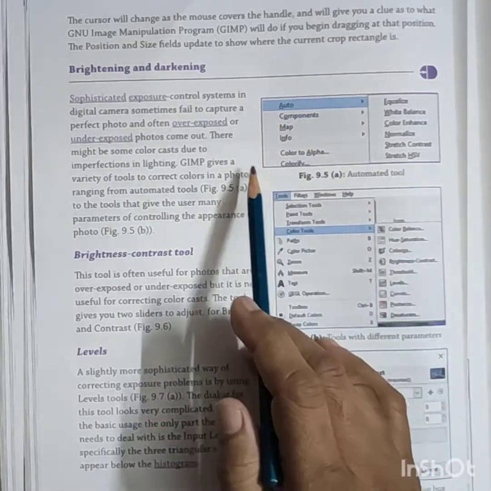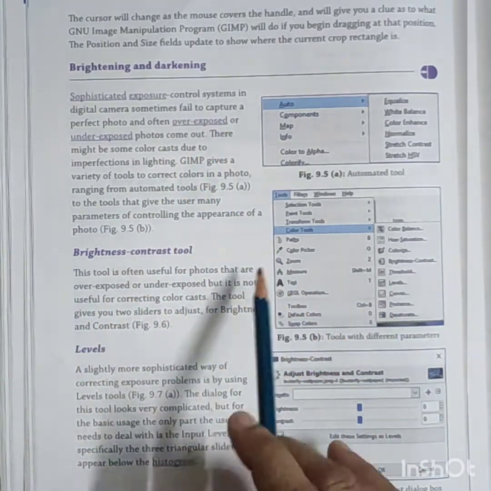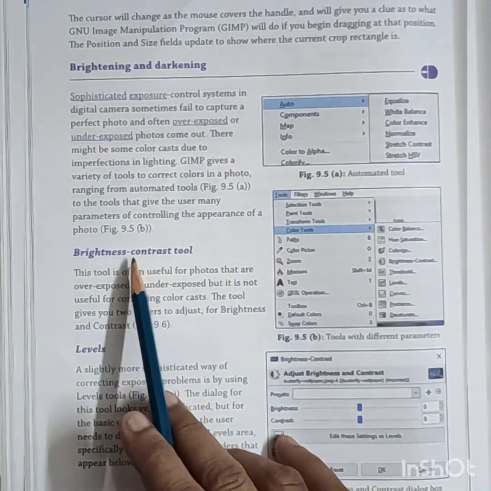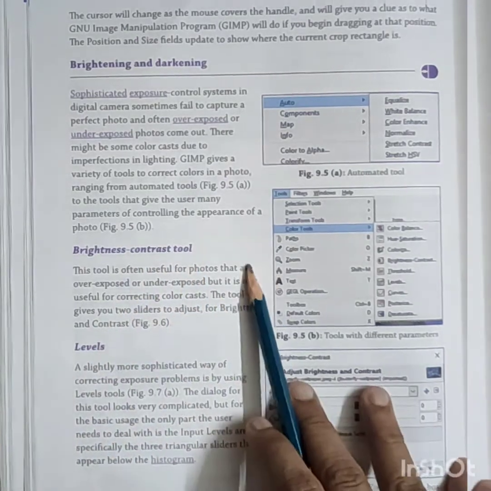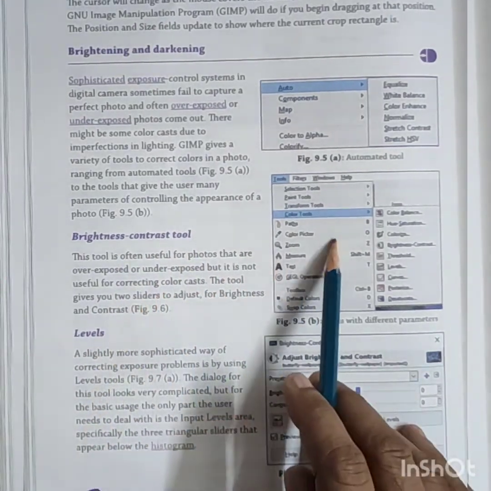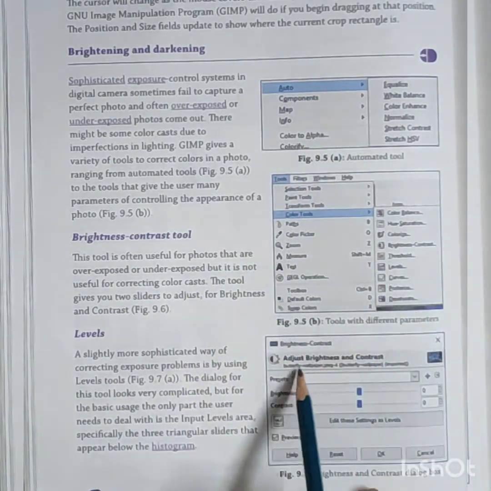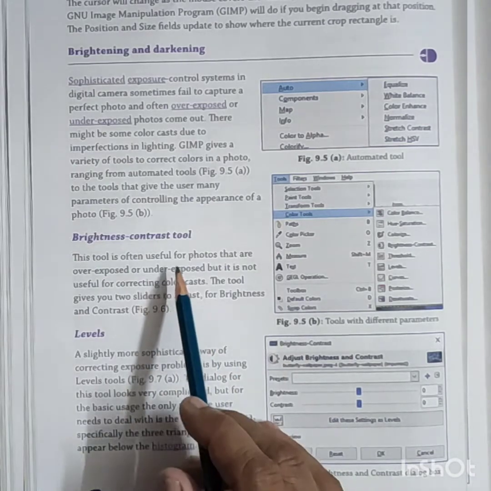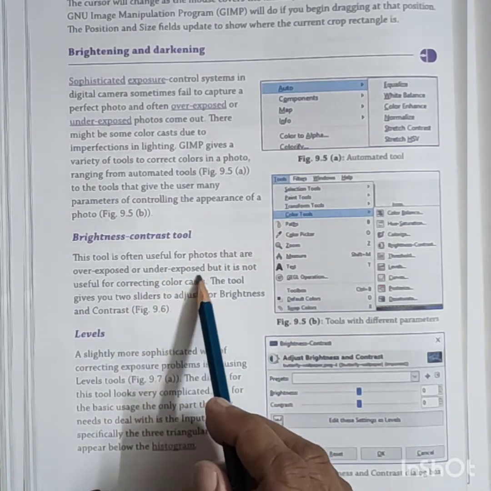Next is brightening and darkening. There is a control tool, the Brightness-Contrast tool. What is the use of that? The picture is given, and under Colors, the option is there: Brightness-Contrast. It is a tool useful for photos that are overexposed or underexposed.